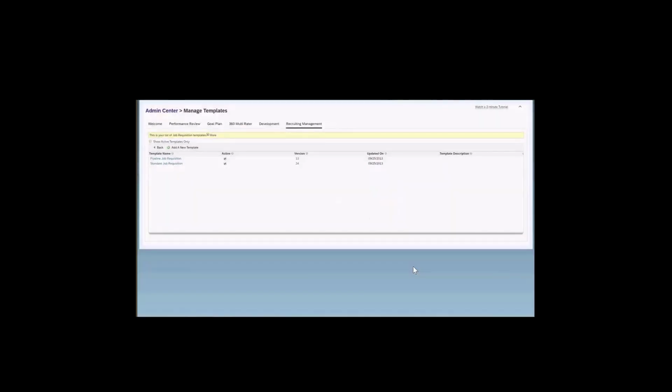Again, I also have my updated on column here. And if I had a template description, I would be able to see that here. Let's say that you would like to make a change to the standard job requisition template. We click on the template name,